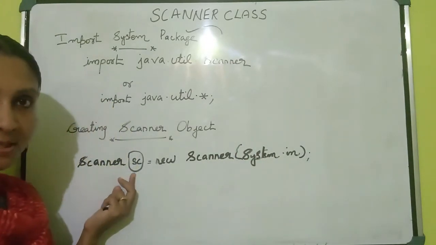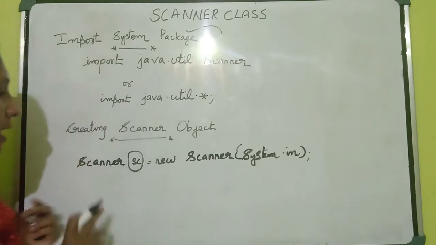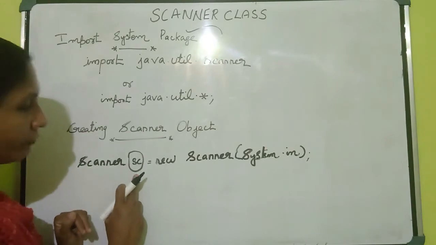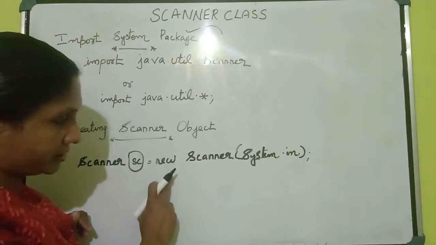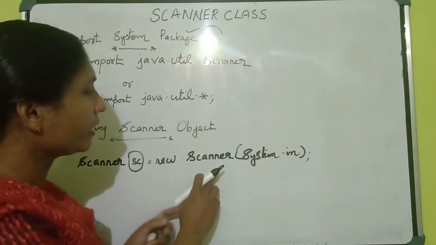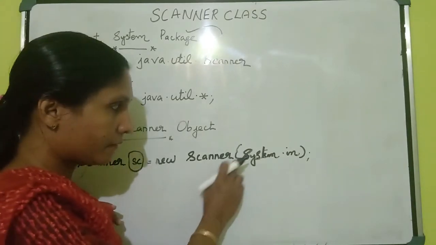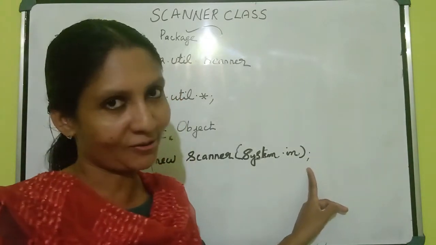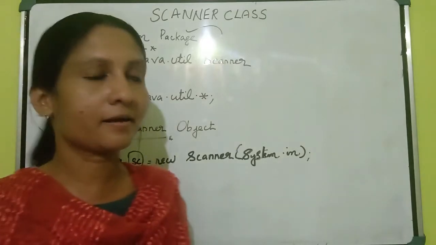Here we can use any name. Usually we use sc. You can change the name, no problem. But first we have to write Scanner. This is a class name. Then after that, write the object name, equal. new is a keyword. You write the same case also, that means small letters. Then write the class name within brackets, System.in. Then close the bracket, put a semicolon. Understood, all of you? Okay. This statement you first have to write. Then you can create the Scanner class object.